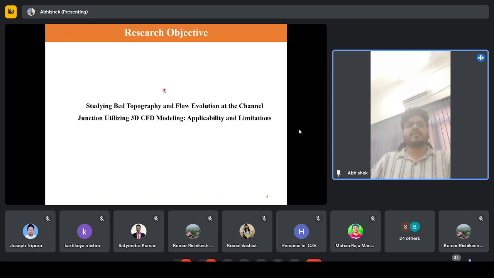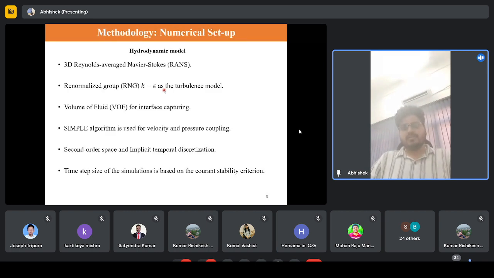So here the objective is, again I have said this, studying bed topography and flow evolution at the channel junction, utilizing the 3D CFD modeling, applicability and their limitations. That is the topic for today's lecture. Right. So in yesterday's class I have discussed the CFD modeling, but that's for the rigid bed case. There is no bed deformation in the earlier case. So only I was discussing about the